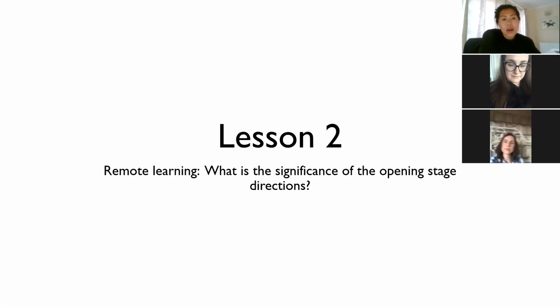By now, you would have been set a task where we asked you to read the beginning of Act 1 up to when the inspector arrives. But today we're just looking at the opening stage directions. When you follow this lesson, you should have some paper and you can write down the key quotes, or if you've got a printer, print out the quotes that we send to you in the document. So we're going to go over what you'll be doing in today's session, and I'm going to show you the next slide.